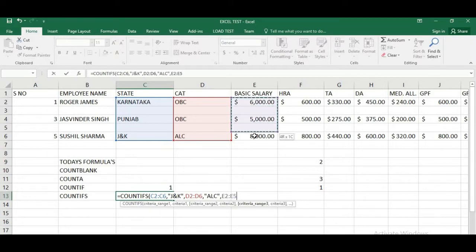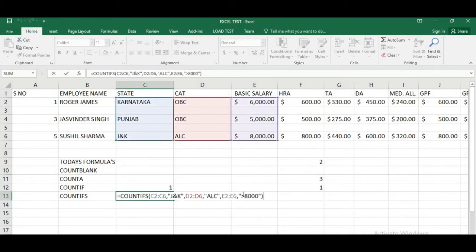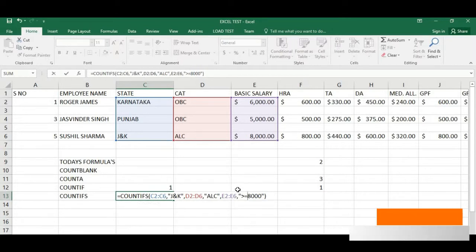Then the third range, greater than, with double quotes, greater than 8,000. Okay, we close it here and read. It shows 0 because we use greater than. If we use greater than or equal to, including 8,000 and above 8,000 values,